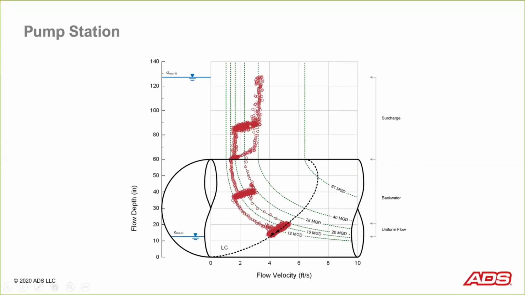And what you see here is actually all 5 pumps running, 4 of the pumps running, 3 of the pumps running, and then this is a combination of 2 or 1